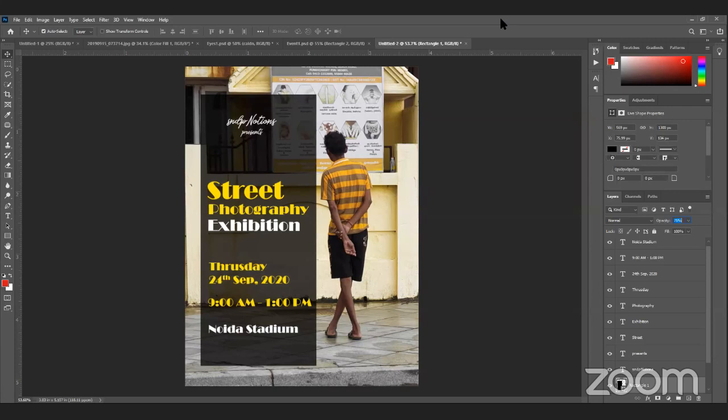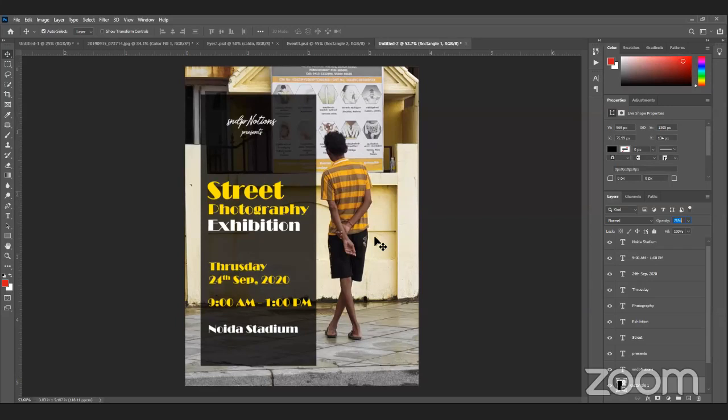This is an extra element that you can add to every flyer that you create. Try to be more creative, and proper information should be there, so creativity comes slowly. Even I was not that good when I started Photoshop, so it comes by experience only.